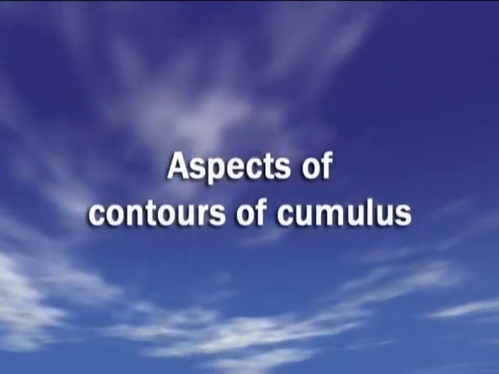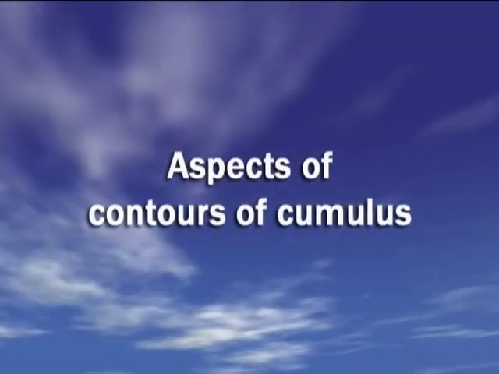In addition to the base of the cumulus, the contours of the cloud are also important in telling us whether this process of condensation is active, that is, whether the thermal under it is still active. And not only this, they will also tell us what part of the cloud, more to the right, more to the left or in the middle, is the most active, the part where the process of condensation, of formation of the cloud, is better. This is exactly where we're going to go when we want to reach the thermal under the cumulus.